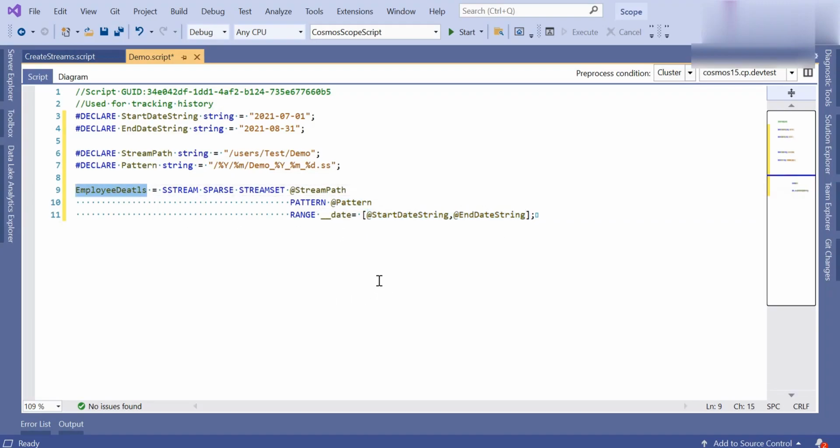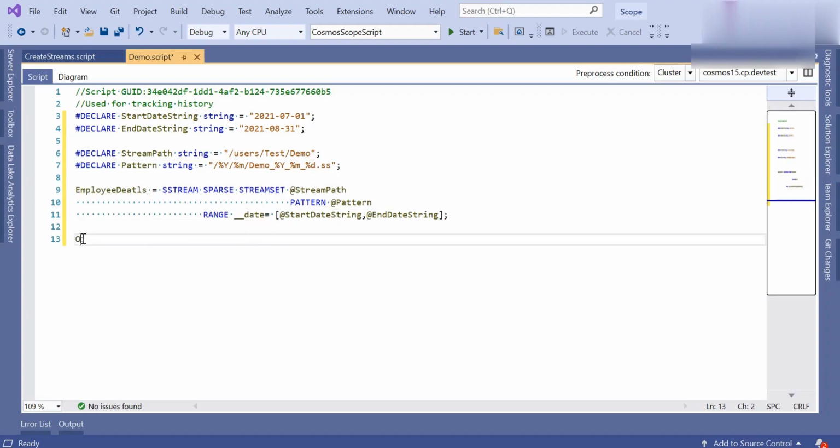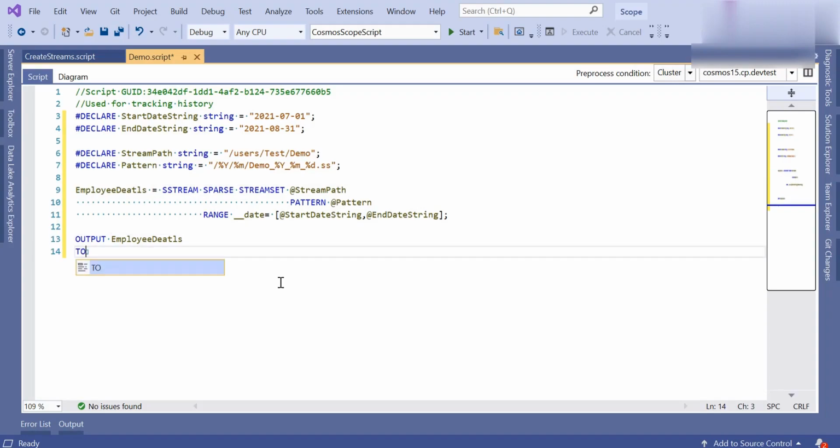Let's write the output. Employee details to a string. Here we have to provide the output.